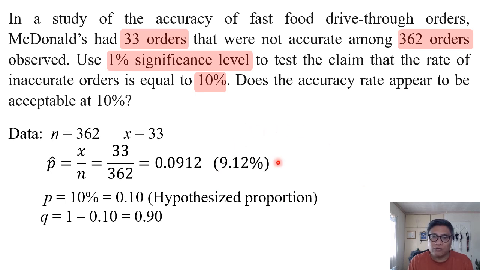So we want to find out whether 9.12% is the same as 10% or not. Because if it is not, class, then it is really less than 10% as the inaccurate rate. So again,